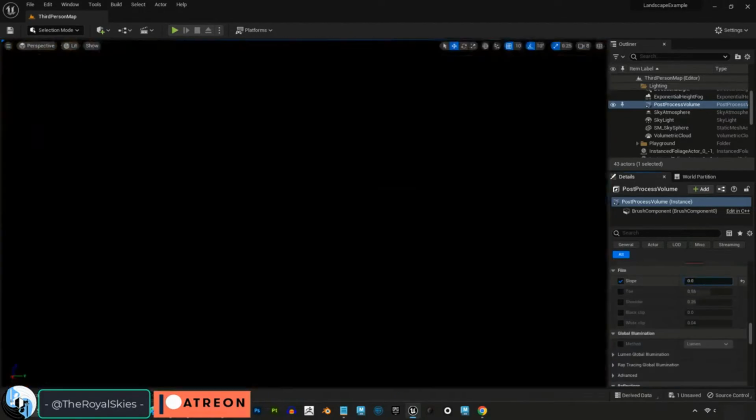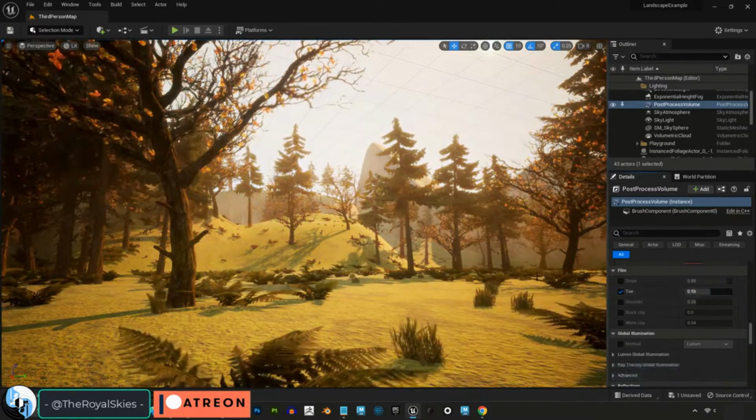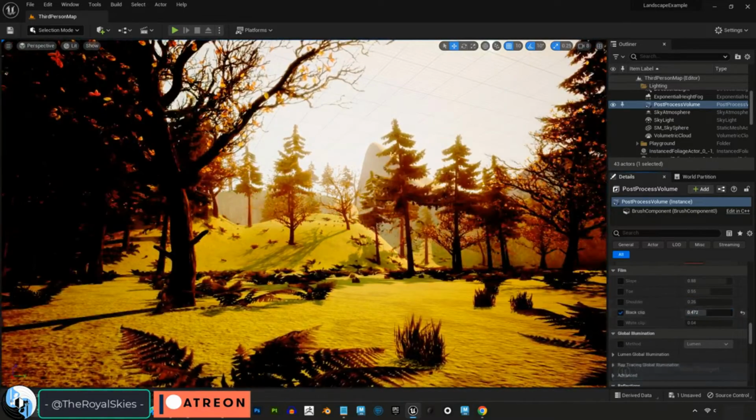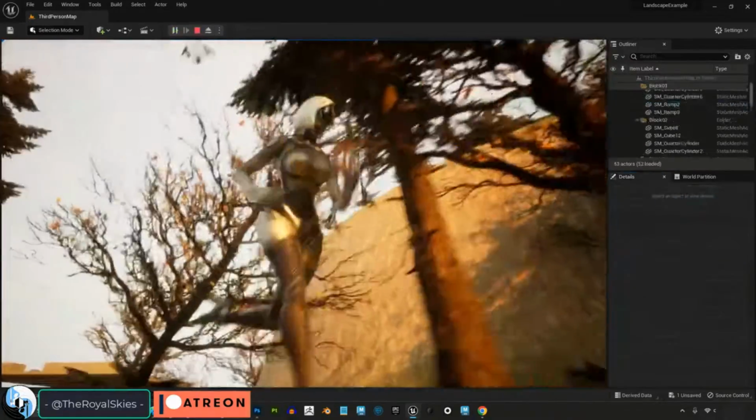Like for reals, if you just combine fog, lighting, and atmosphere with the post-processing settings in these menus, then you can get some extremely beautiful looking scenery in a short amount of time with even the most basic understanding of how these values work. So have at it, have some